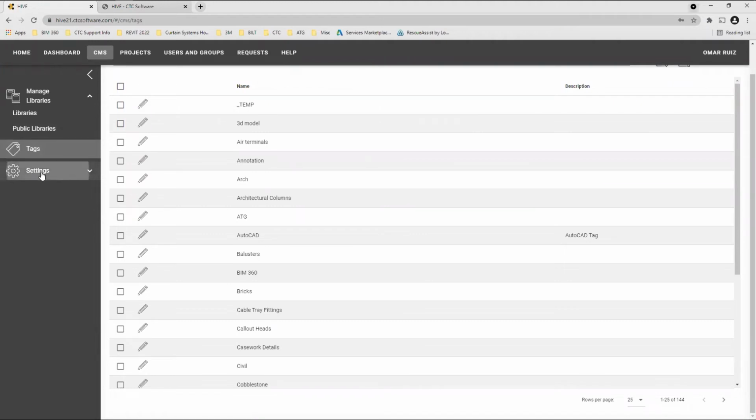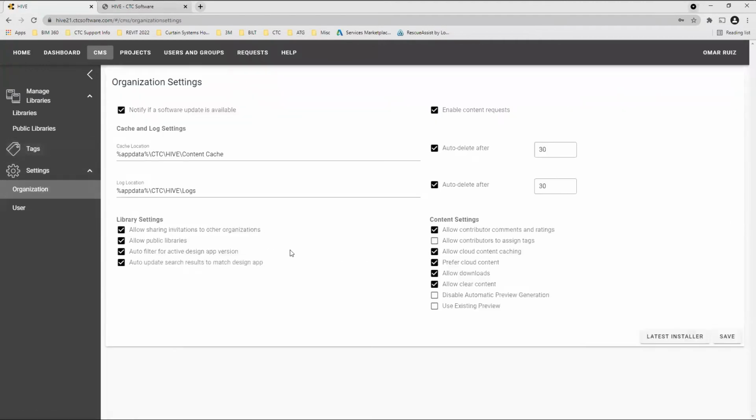So organizational settings are here in the same CMS tab, below libraries. There's the settings, and organization and user. So let's go and take a look at the organization settings. The important things here are